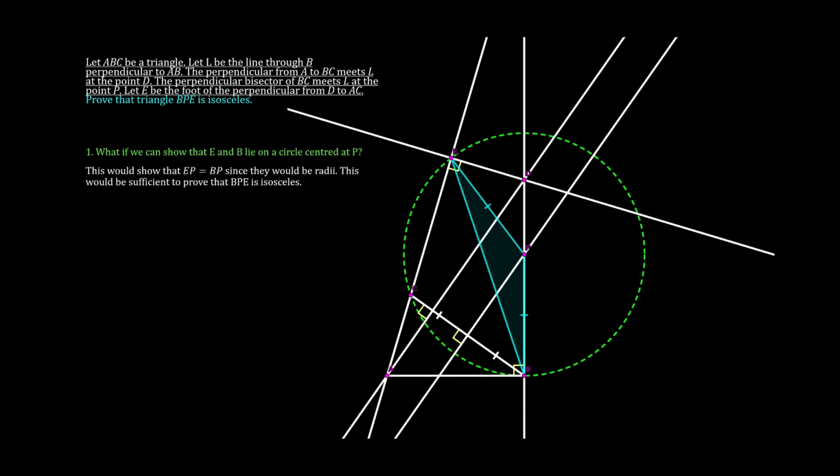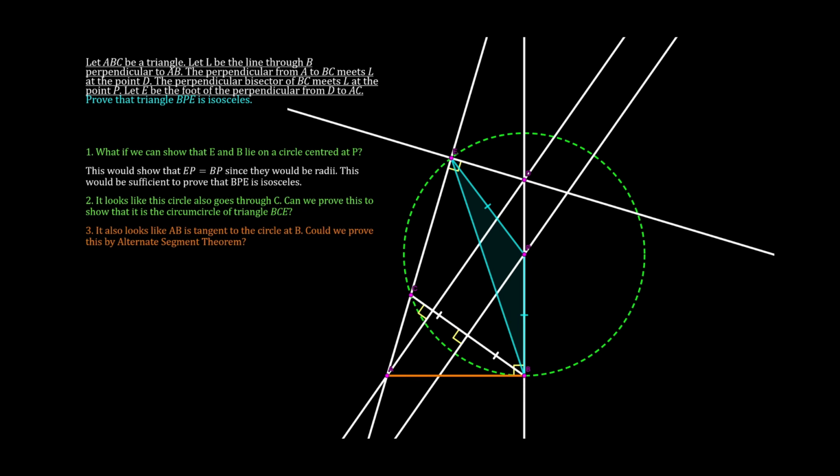It also looks like, when you look at this circle, it goes through C. So what if we could show that this circle is in fact the circumcircle of the triangle BCE? In fact, it also looks like AB is tangent to this circle. Could we prove this by alternate segment theorem? In fact, if we did prove this, it would be sufficient to show that P is the center of the circumcircle of triangle BCE. That's because